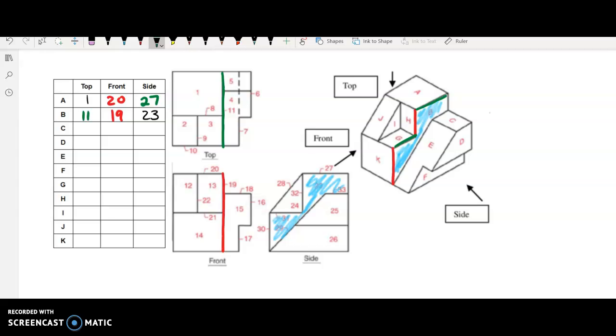All right. Let's squeeze in a couple more. I'm going to run out of time. See the top face here. It's facing the top, so let's find it. That's number 5. All right, from the side, you would only see this line. That was 33 from the side. The front, you only see that line. Right? Which is